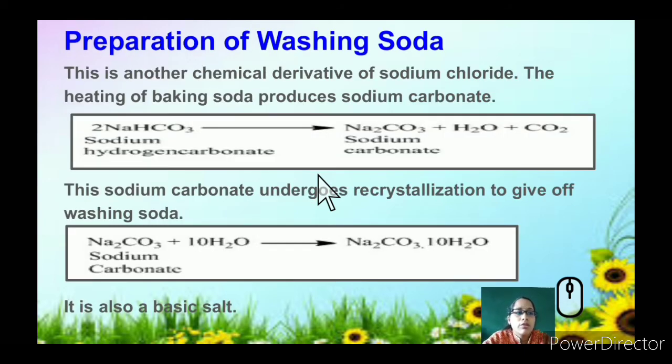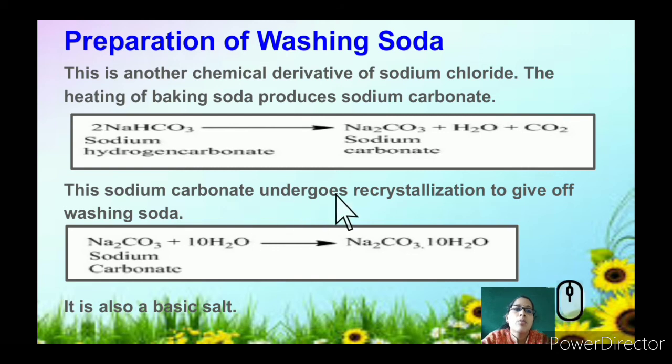So preparation of sodium carbonate, let's understand. We have already seen it. Sodium hydrogen carbonate or baking soda is used for further preparation of washing soda. You can see here a decomposition reaction happens. It decomposes to form sodium carbonate and also releases water and carbon dioxide. We have already said that this carbon dioxide can act as a reactant for again the preparation of baking soda or sodium bicarbonate or sodium hydrogen carbonate.